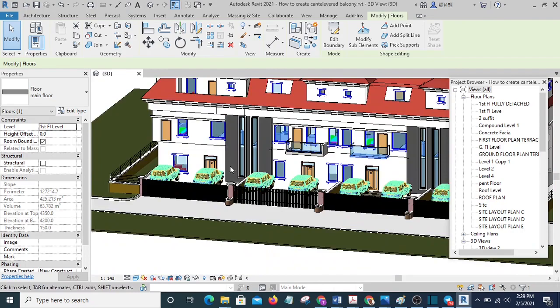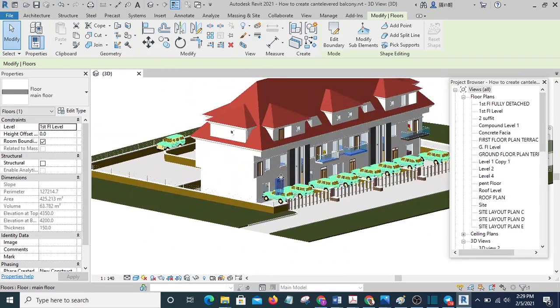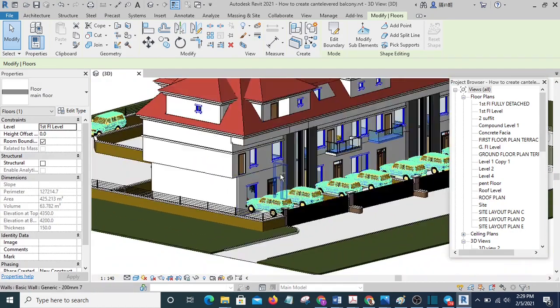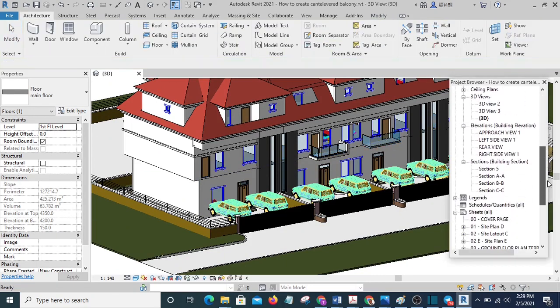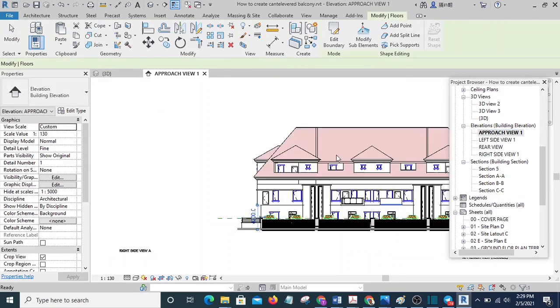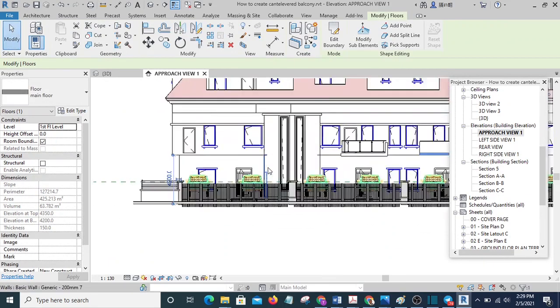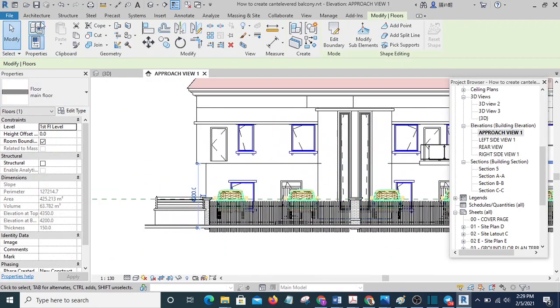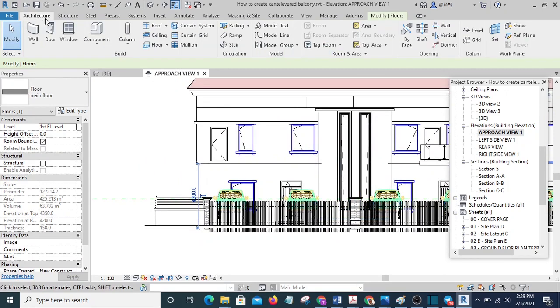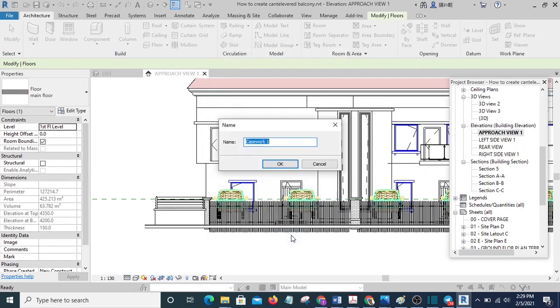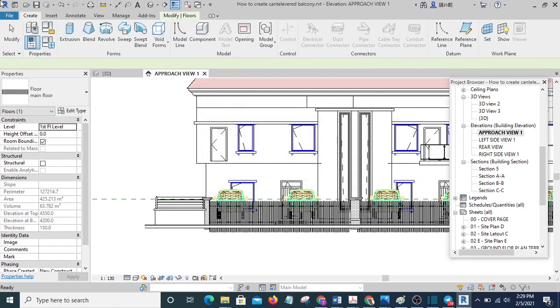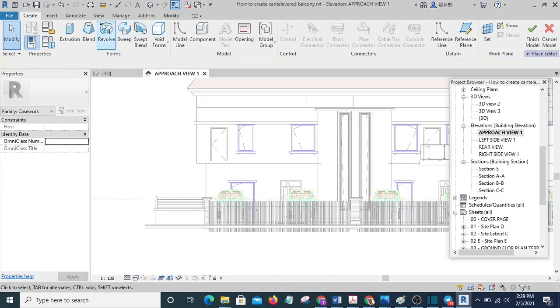Okay, so assuming this is your approach, I am going to go to approach view on elevation. I'm going to go to elevation. Then I am going to go to architecture tab. I will go to model in place. Then I'll select casework. I'll hit OK. Then I am going to select sweep